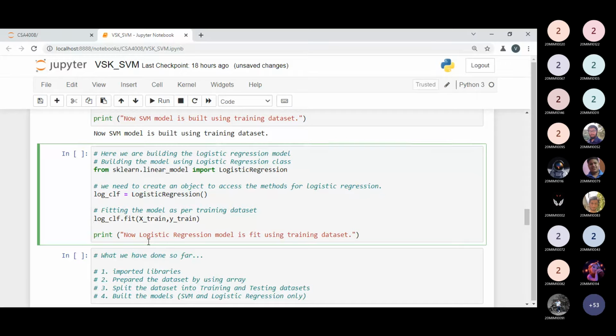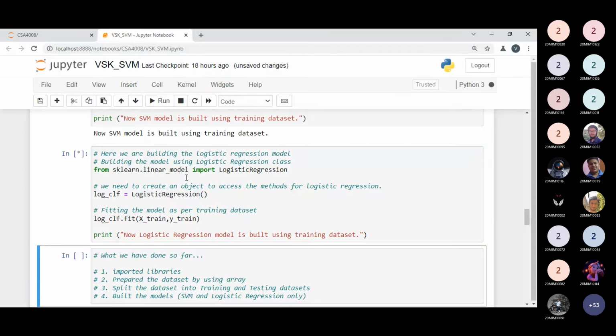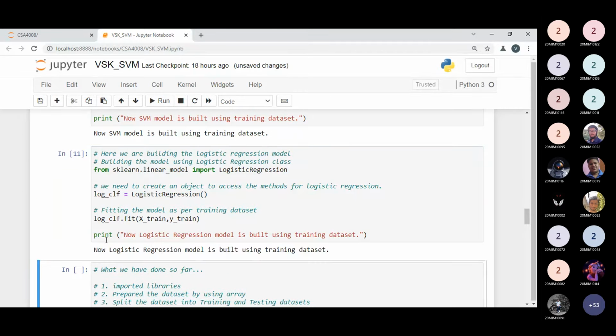So now the logistic model is built using the training data set, the same training data set we passed to the support vector machine. This part we have already done previously, so I'm executing it in front of you. Now we got a message: the logistic regression model is built using the training data set.